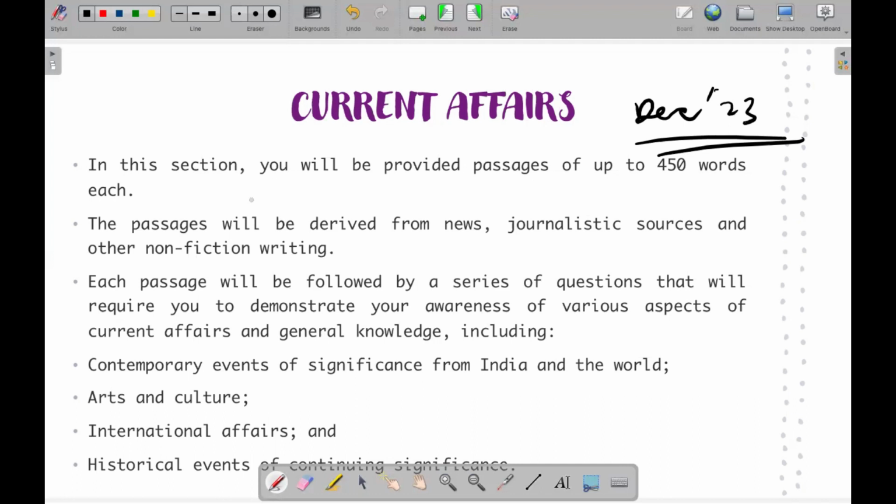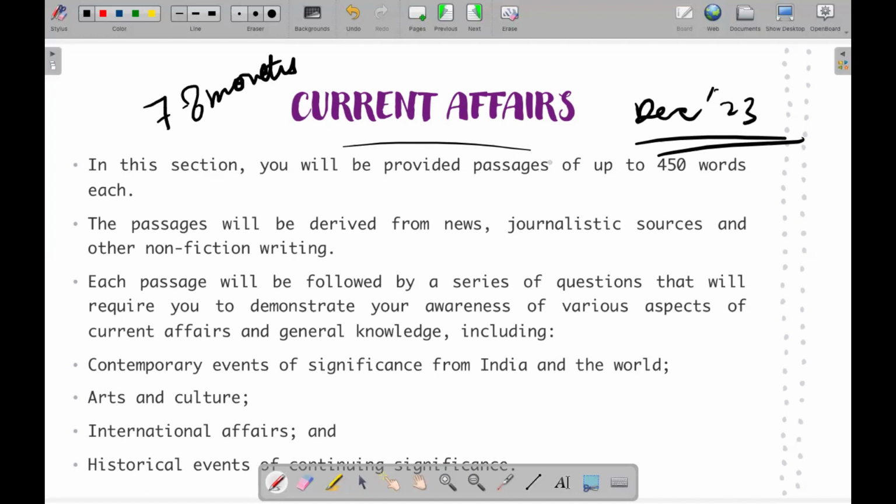But having said that, what you need to do is, 7 to 8 months prior to your CLAT exam, start memorizing the current affairs, not just national but international as well. So you should be aware of any war or conflict going on, like Russia-Ukraine, or whatever is happening in Israel. You should know about summits like the G20 summit, or the elections in 2024. We are going to have elections in 2024. The US is going to have fresh elections and many other such countries. So you have to be aware of all of these aspects.